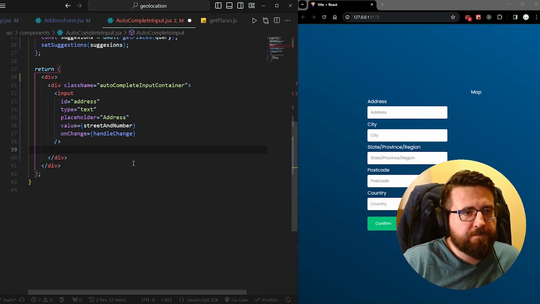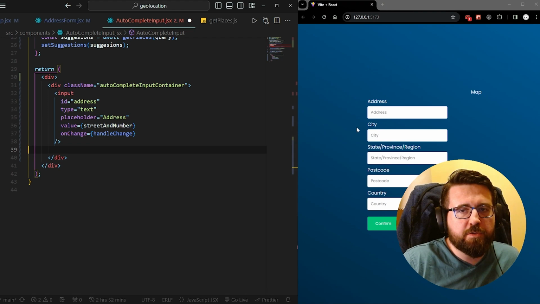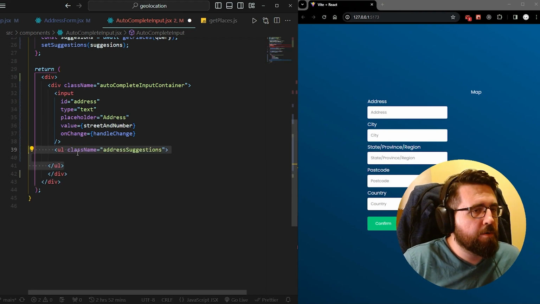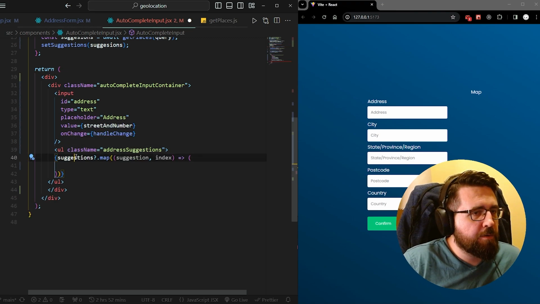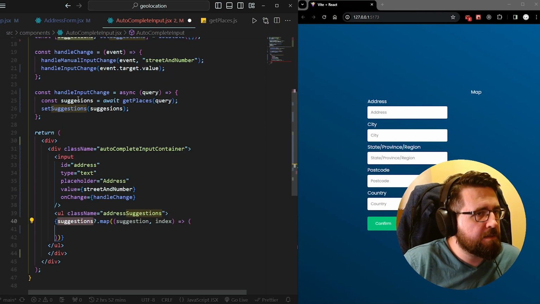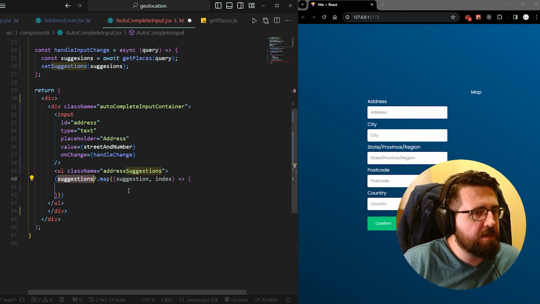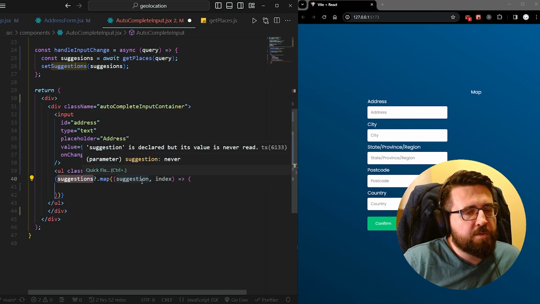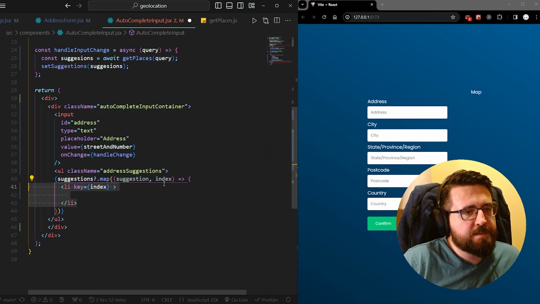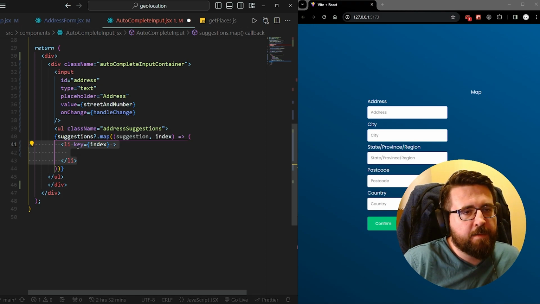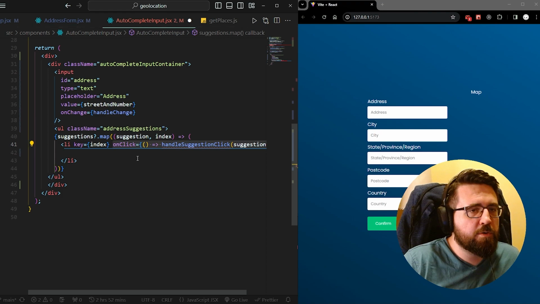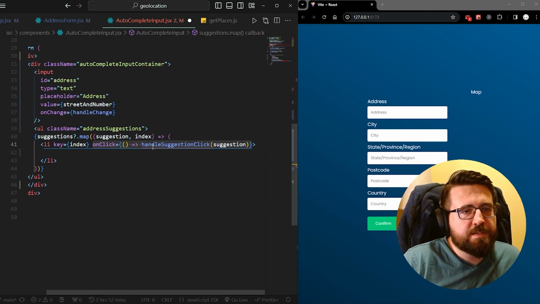In order to test if this works, we need to set up our actual autocomplete suggestions. So we are going to create an unordered list with a class name of address suggestions. Inside, we are going to map the suggestions which we are setting here. So when we handle the input change, we are getting our suggestions, we are setting them into suggestions property in our state, and then we are mapping. So if there are suggestions, we are mapping them into a suggestion which has an index, and we are adding list items with a key of index, and we are also setting an on-click event which is going to call